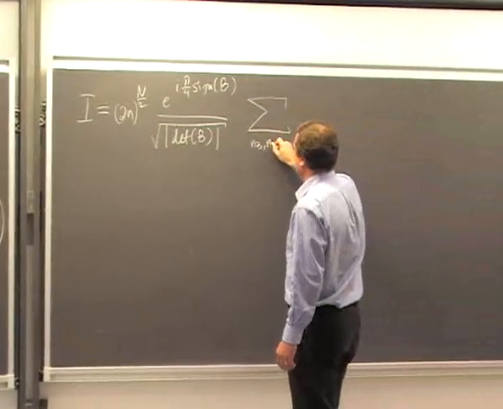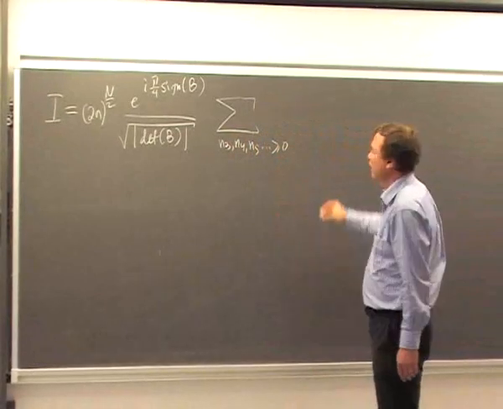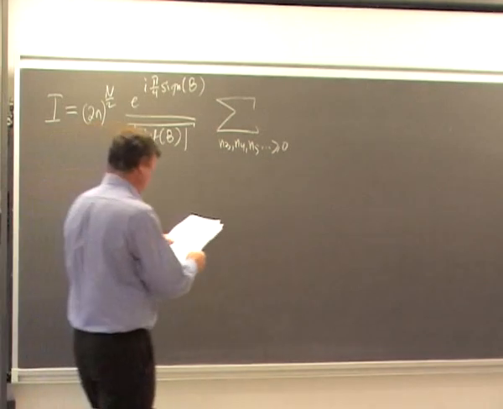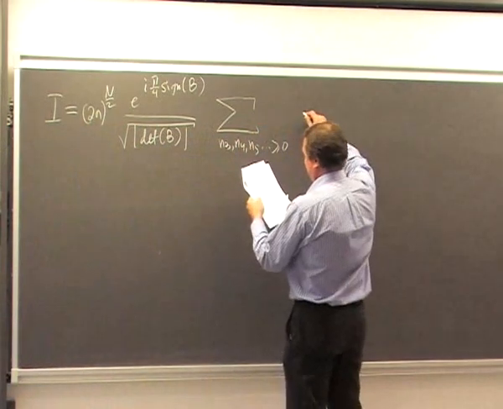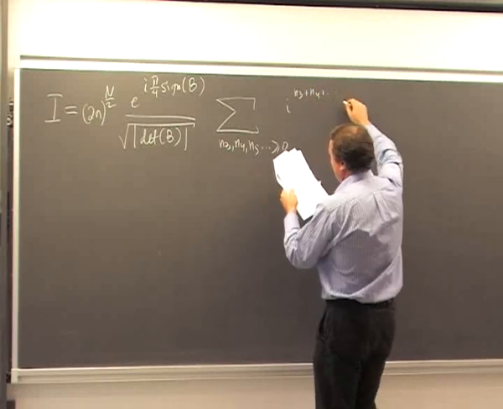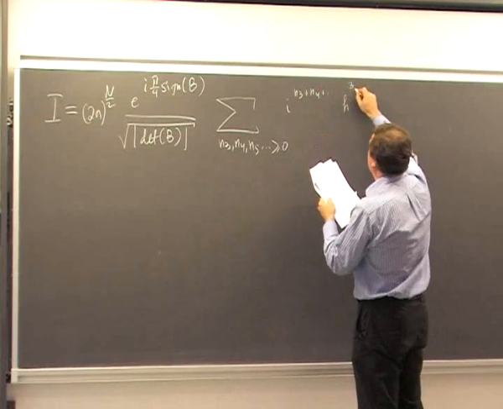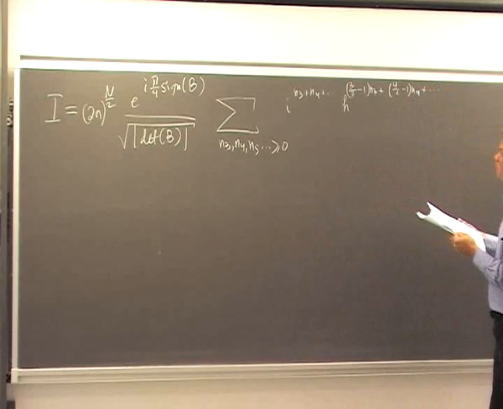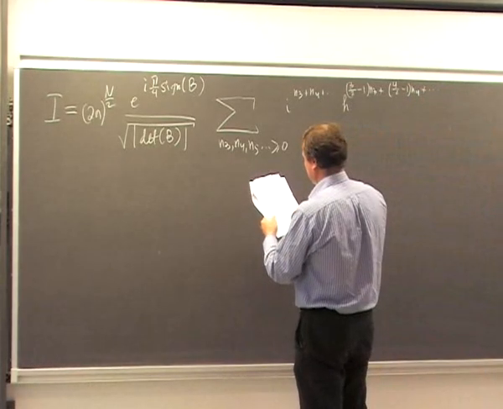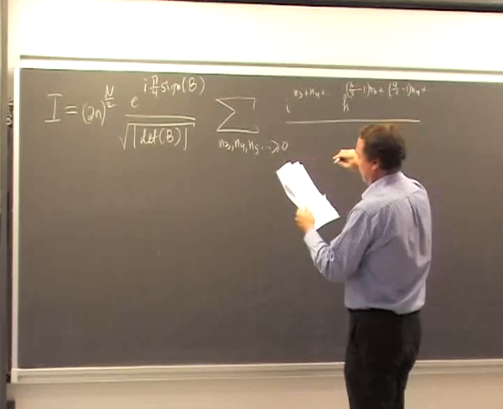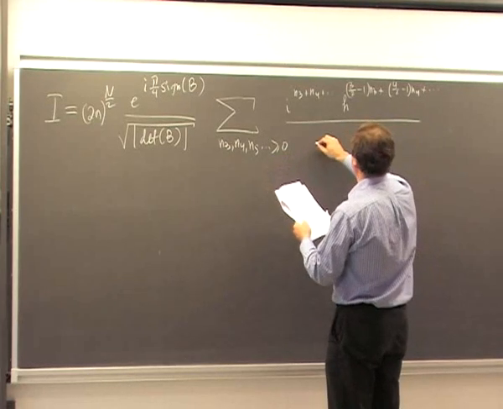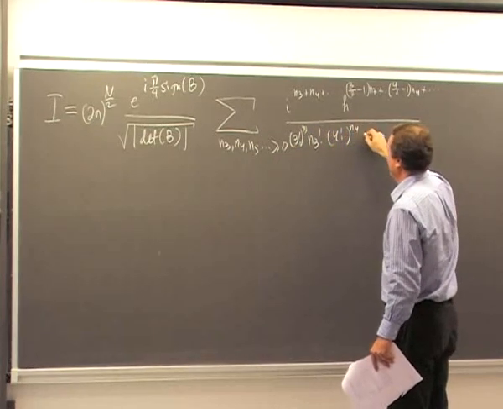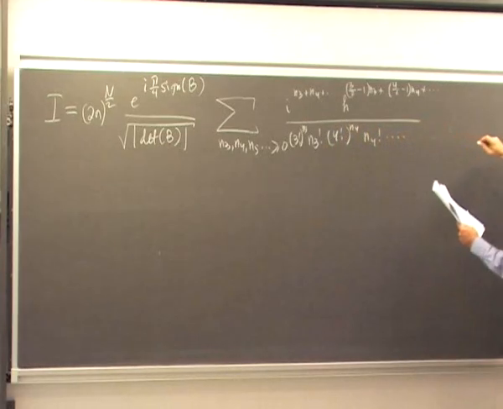the sum over n3, n4, n5, and so on, greater or equal than 0, of i to the power n3 plus n4 plus and so on, h to the power n3 times (3 over 2 minus 1) plus n4 times (4 over 2 minus 1) and so on, divided by n3 factorial, 3 factorial to the power n3, n4 factorial, 4 factorial to the power n4, and so on. And then